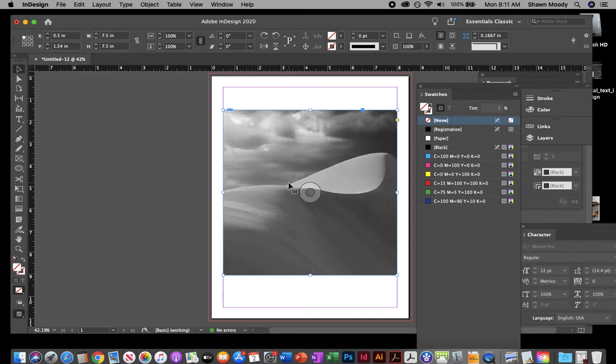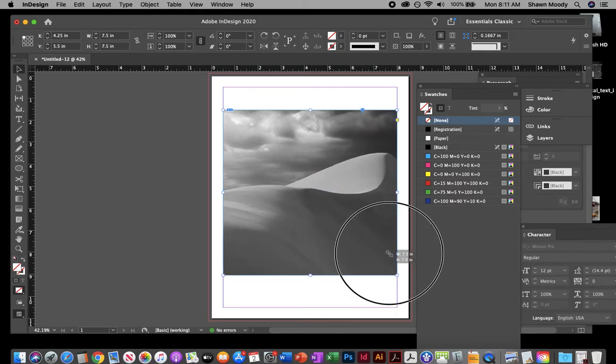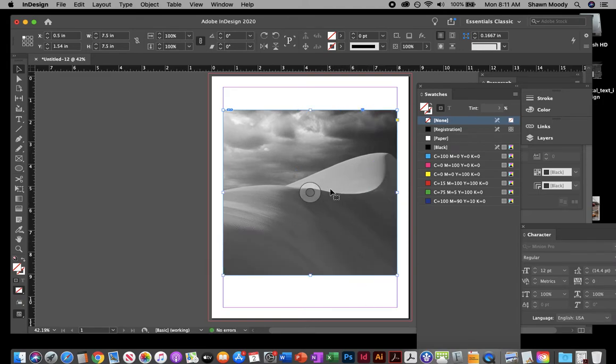But if we want to change the image size, remember if I do this, all it's going to do is just close up the frame. So it's kind of like, again, cookie cutter. But if I want to change the image size, I need to make sure that I have the image selected inside of the frame. So again, I can select this disk, or I can grab the direct selection tool, click once, you'll see the brown bounding box, and then you'll also see up top here the XY reference point positionings